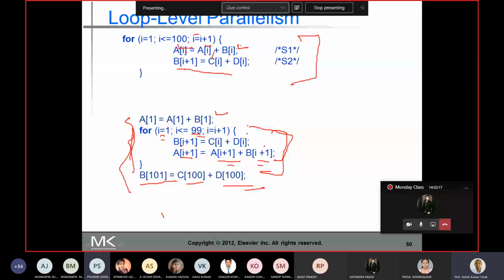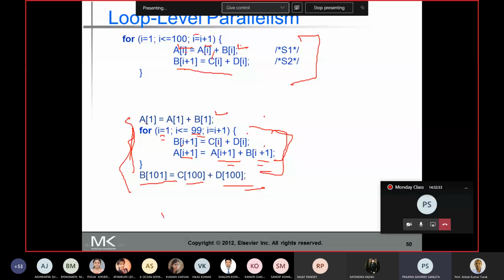Hello, sir. Yes. Sir, in the below one, where there is no loop carried dependency, isn't there any dependency from statement 1 to statement 2? Like in statement 1, B(i+1) is getting updated, and in the second statement, we are using it as a source input. No, I could not get your last part.